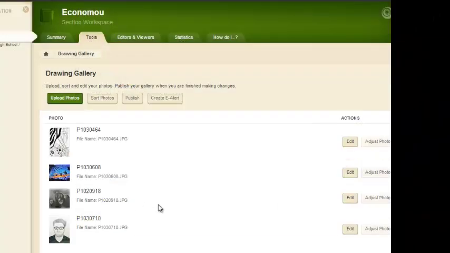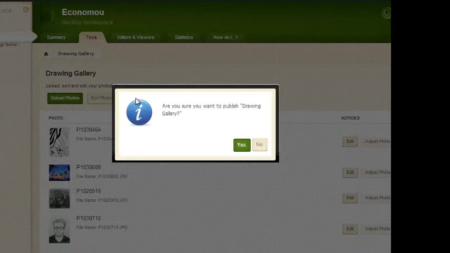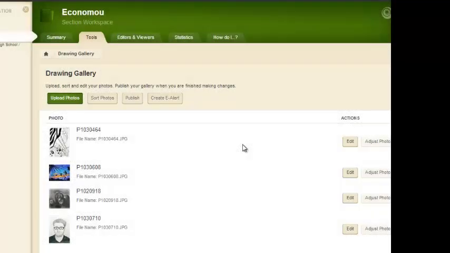Once you're happy with your photo gallery, you can publish it to one of your subpages. Note that galleries can be edited on an ongoing basis and republished later. When you're ready, click the Publish tab and click Yes in response to the question, are you sure you want to publish your gallery? This process saves your current version of your gallery and creates a file that can be easily inserted into one